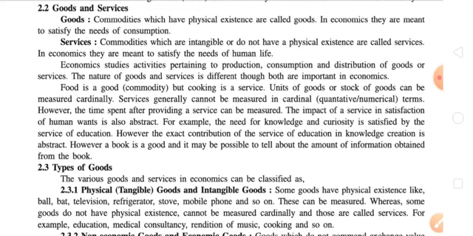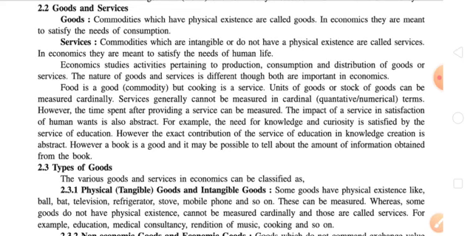So first of all, let us start with goods. We have already discussed this in the last lecture, but it is my responsibility to revise these points once again. Goods means commodities which have physical existence. Like in our routine life we use clothes, shoes, spectacles, watches, etc. In economics they are meant to satisfy the need of consumption. By consuming all these things we get satisfaction, which is psychological in matter.